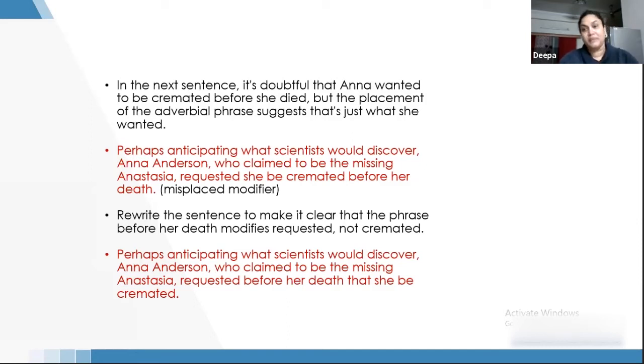So this is what a misplaced modifier can do. It can create ambiguity. Now here we have only one subject and one action or one object, but sometimes we will have multiple subjects. In that case, if you don't have the modifiers next to the subject or the verb it is modifying, then it is going to be really problematic. So the purpose of a writer is to be clear rather than confusing or making it a mess.